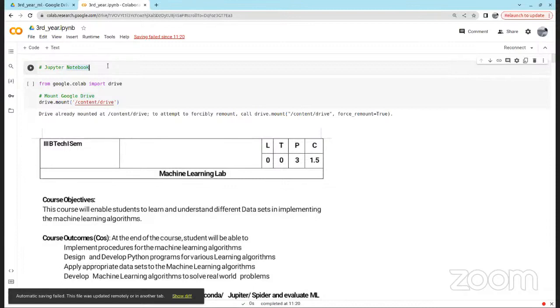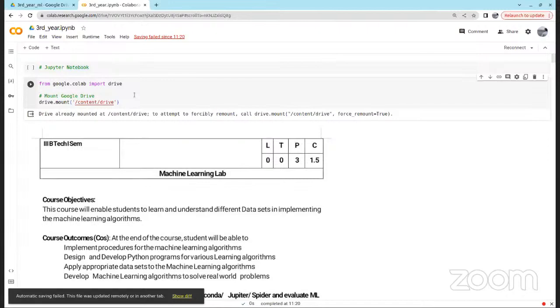Only one thing is, obviously, if you're running something on your local machine or desktop, all your files will be stored in your local disk, that is your C drive, D drive, F drive, any drive, and then you give the path to that file in your code. For example, if you are reading some CSV file, you give the path to that CSV file in the code while opening the file. So all your files will be stored in your local disk.